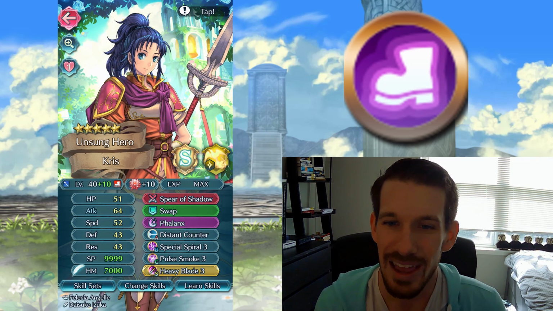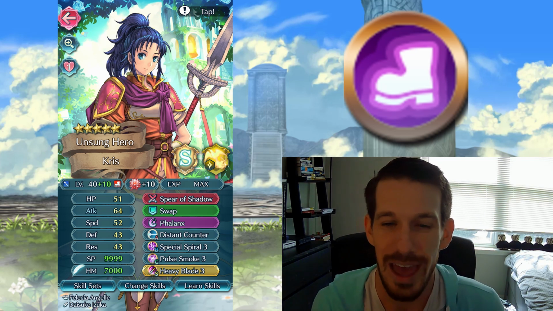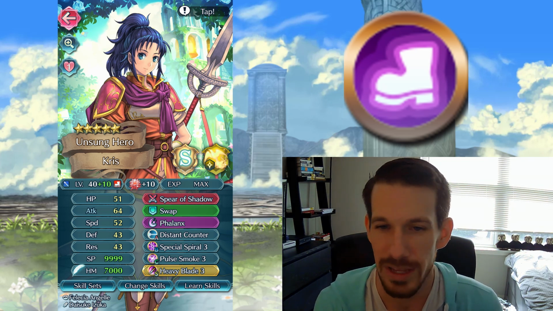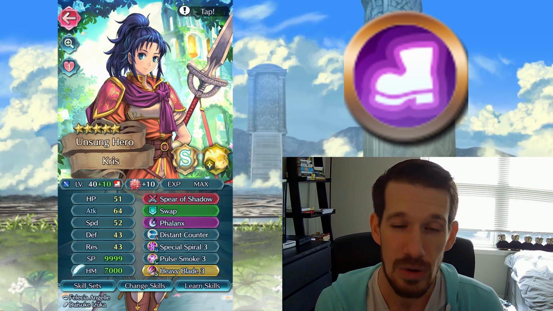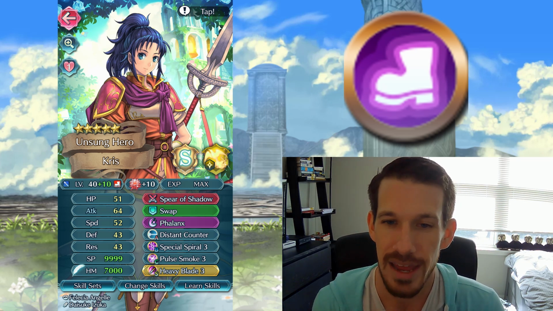So female Chris has slaying on her weapon, which is definitely something that you need, and this is an infinite Phalanx build. So what happens is, Chris would hopefully pre-charge Phalanx or just take a couple hits beforehand. Once Phalanx is charged, though, she would be reducing the damage by 80%, firing off a counterattack with Heavy Blade